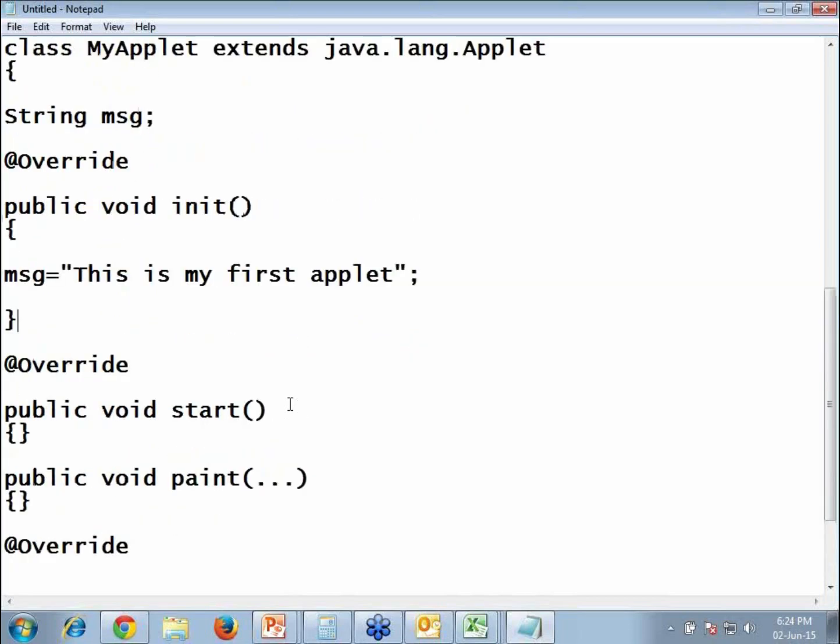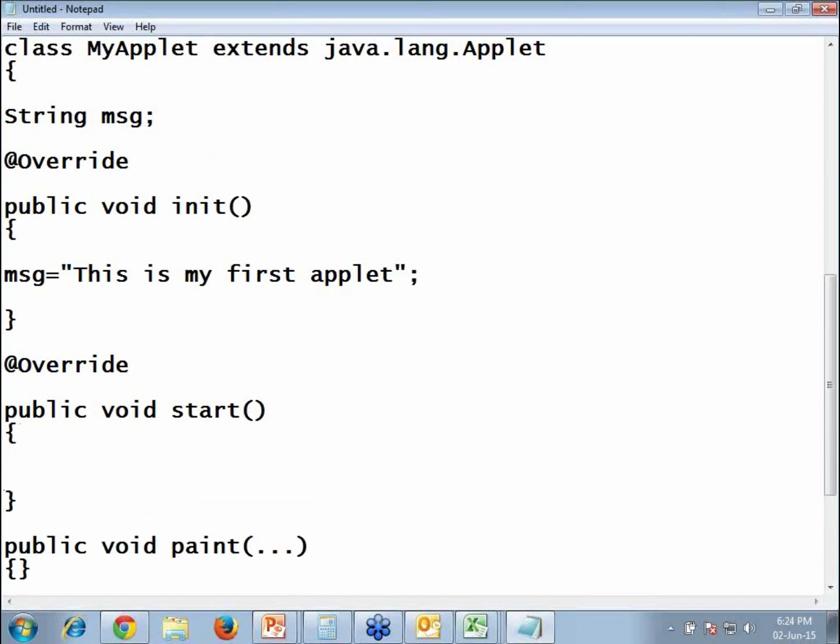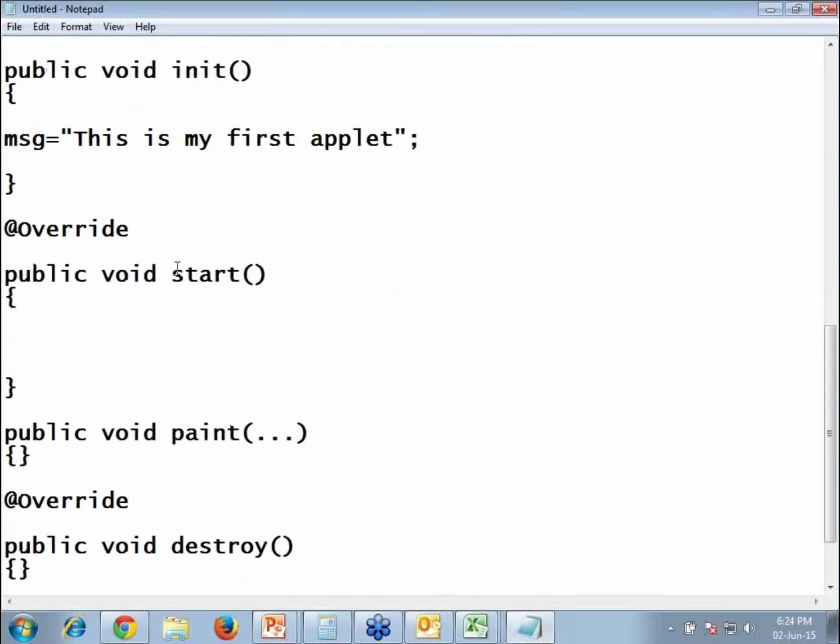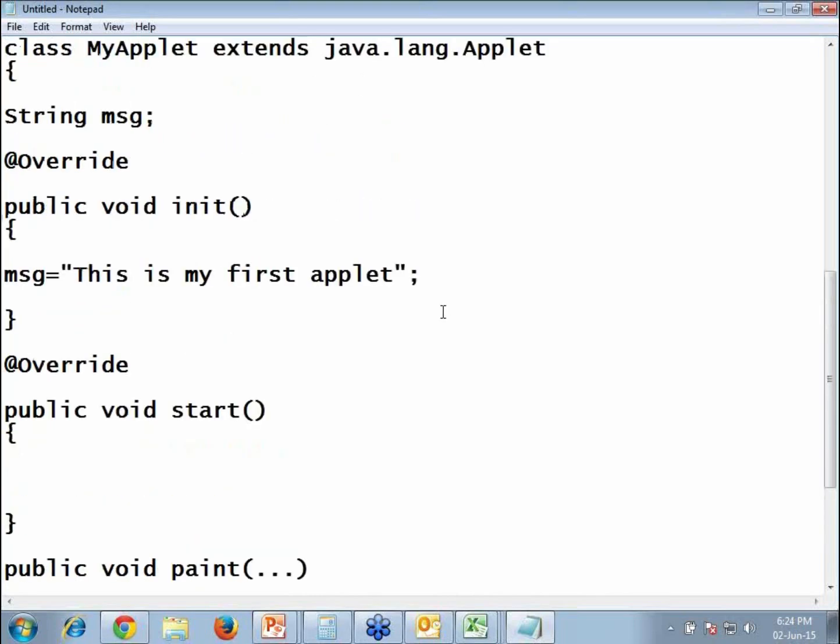And what's the second one? The second one is that after initialization, the browser has to start the applet, so it uses a method called the start method. Like in a desktop app, we have the main method. Main is something like a lifecycle method. If I skip the main method, can we run a desktop app? In previous versions we depended on a static block, but in the current versions we totally depend on the main method itself, as main is a very pivotal method, meaning a significant method for a desktop application.